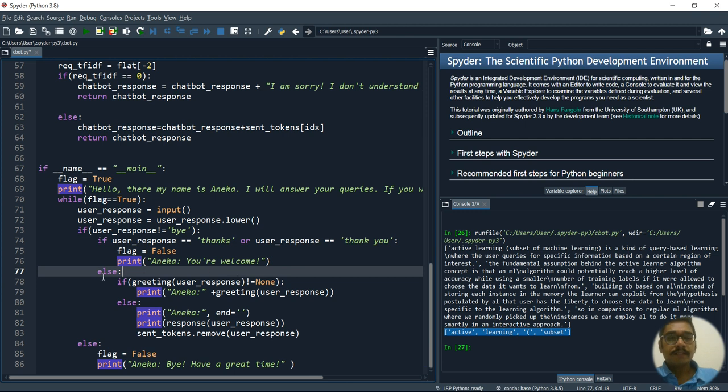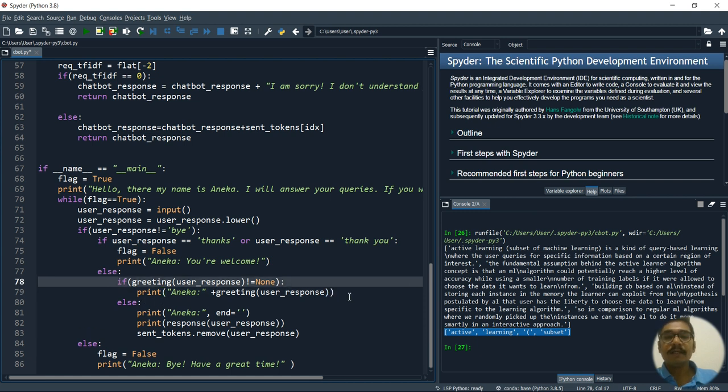If it's not the case, or if the user is actually searching for some particular questions that he wants from the chatbot, then it should give a greeting message. So this ideally is intended to work for the greeting. Whenever the user starts the chatbot for the first time, he should get the greeting. So this should fetch the greeting for that particular thing. That's why you can see a greeting message. That will shoot from this block.